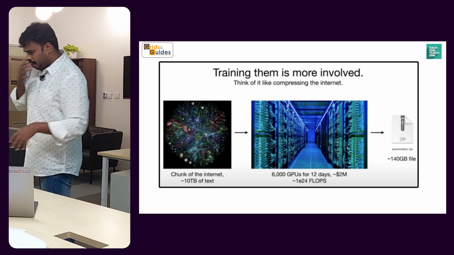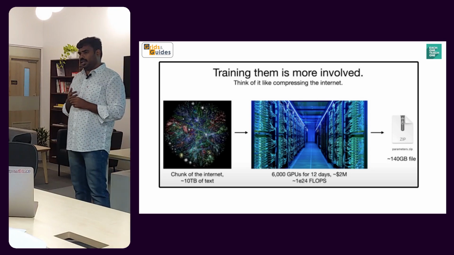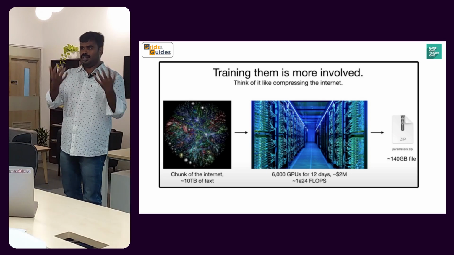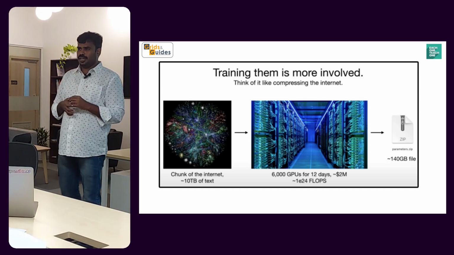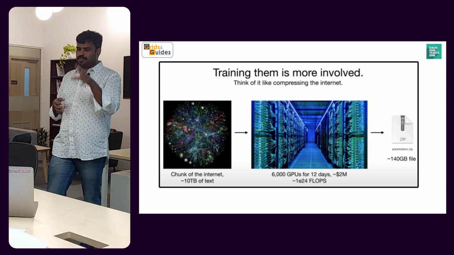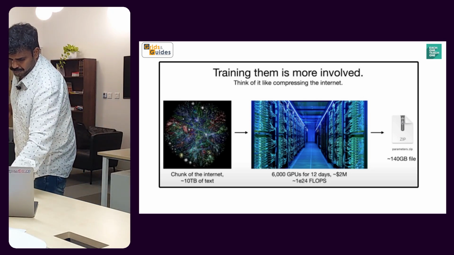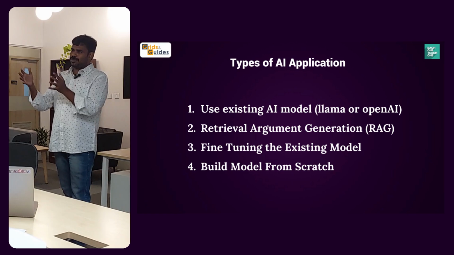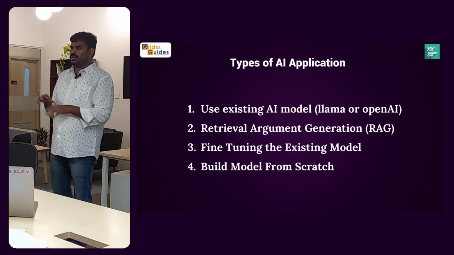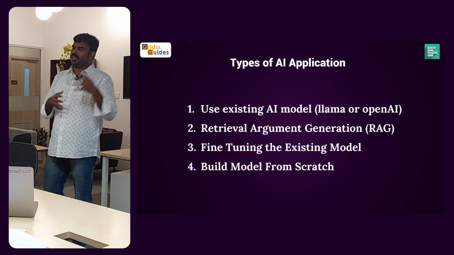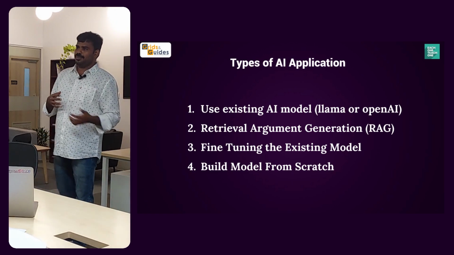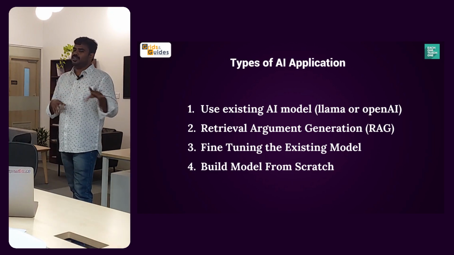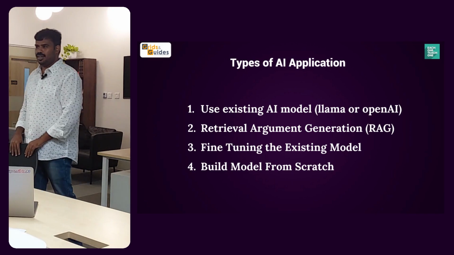So you know that we have four ways to create a model, four ways to build an AI application. One is taking an existing AI model, and one is retrieval augmented generation. Retrieval augmented is the point where I said everything will be converted into vectors, right? And we have a separate database called a vector database. So there is a new term called vector database. We all know SQL database, NoSQL database, GraphQL, time series database. These are all the existing database types, and we have a new type called vector database.